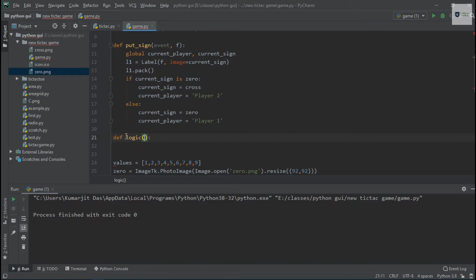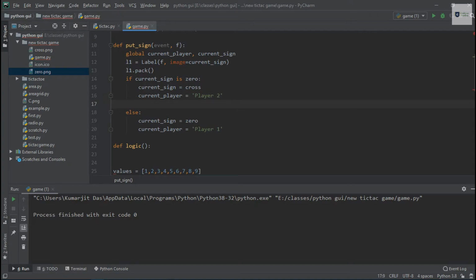So we can call this function in the put sign function, because if current frame is being clicked, we are checking which is the current sign. If the current sign is 0, then we will pass the current frame with the currently clicked value, currently clicked sign actually.